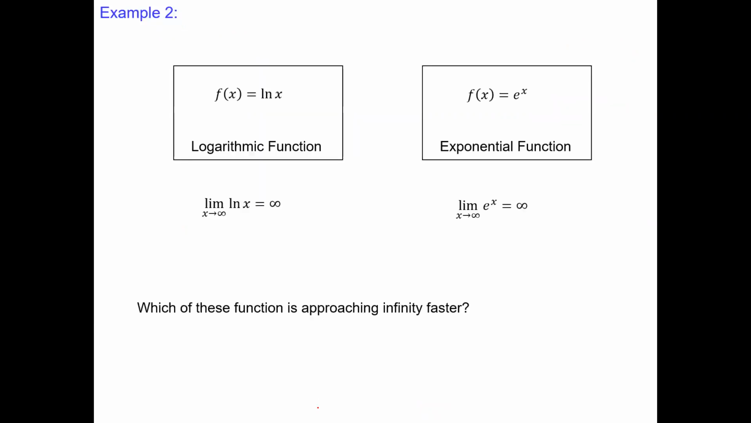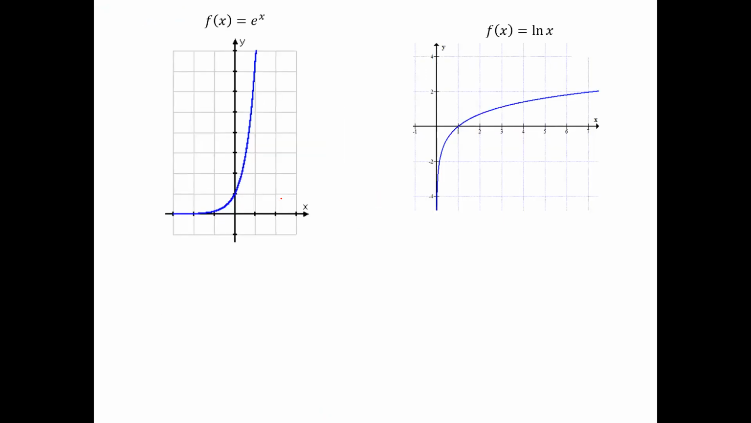Another example, the comparison of exponential and logarithmic functions. We probably know the answer. I can even put the inequality. The exponential function e to the x at infinity goes to infinity. The logarithmic function ln of x at infinity also goes to infinity, but we know which one is slower and which one is faster. I do have the graphs, and we can see right away that e to the x is